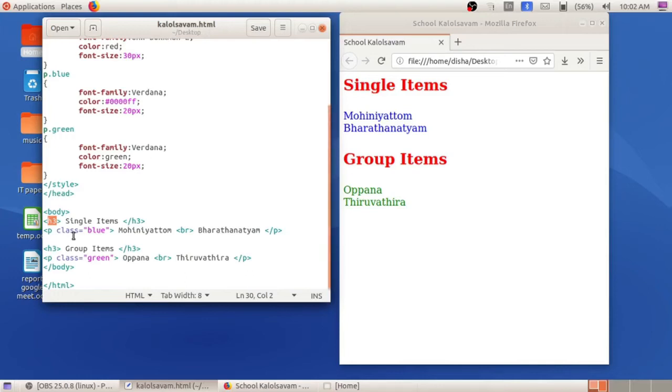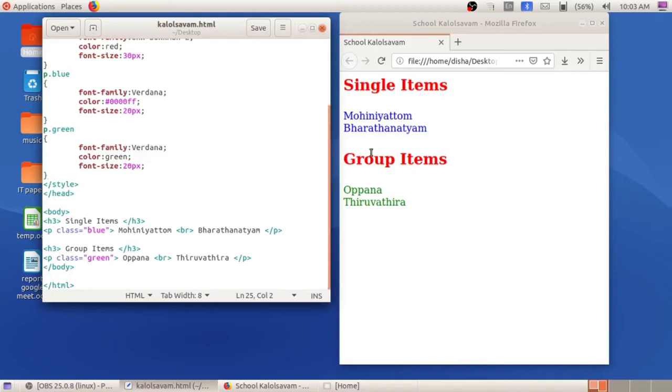Okay. So class selectors can be used to give distinct properties to different content that is included in the same page. In between the style tag, it must be given using the dot symbol, and inside the HTML tag it must be given like this: P class equal to, in double quotes, specify the class name which is given here. So here the first one is blue, the second one is green. Both syntaxes are different. Study this syntax. By using the class selector and type selector, we can apply different colors to different paragraphs.